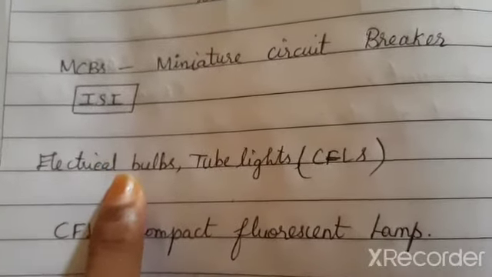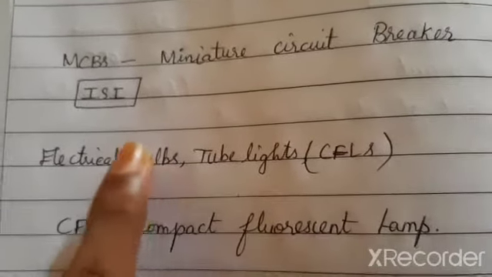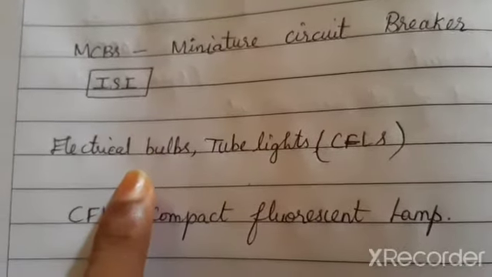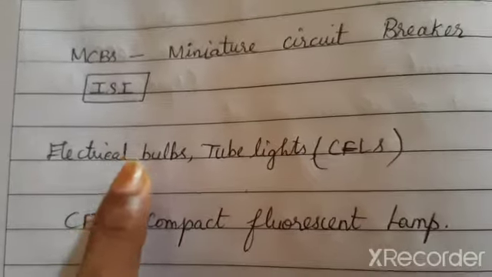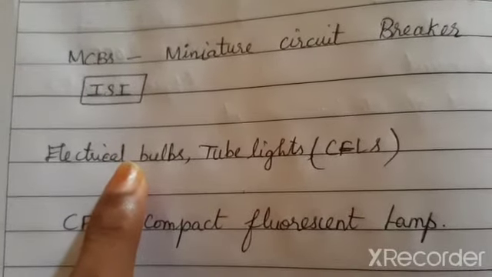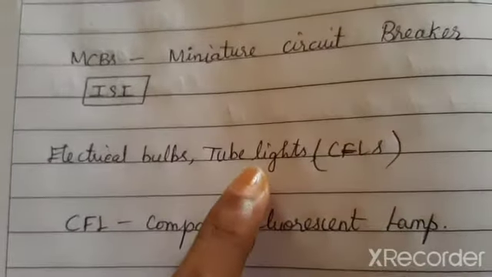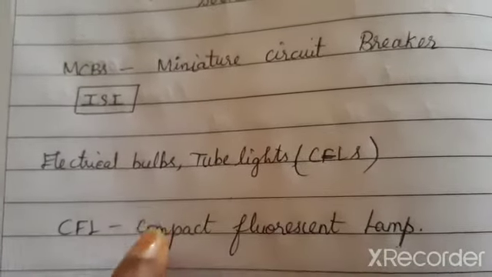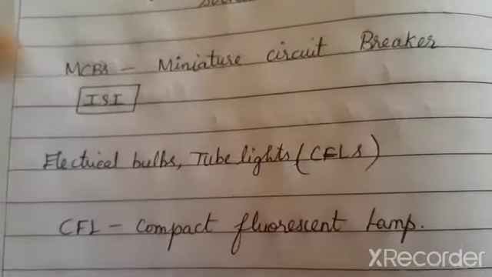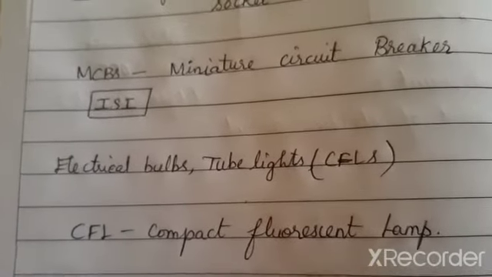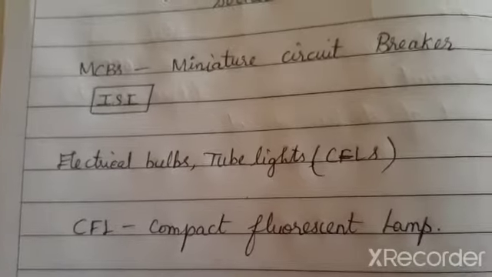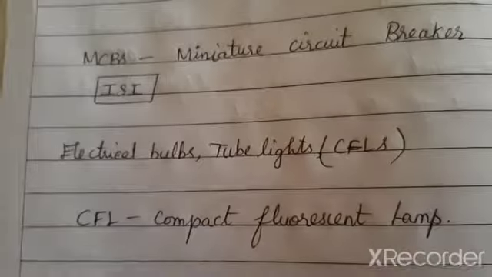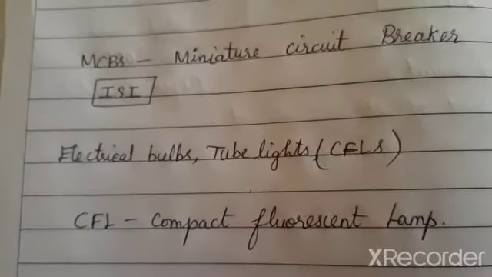The electric bulb is a device which is used to give us a light source. I agree, but it has a disadvantage that it produces heat and it wastes a lot of electricity. So it is always best to prefer tube lights and CFL lamps. CFL is nothing but the compact fluorescent lamp, which is highly recommended because it does not produce much heat and does not consume more electricity. There is no wastage of electricity in tube lights and CFLs.